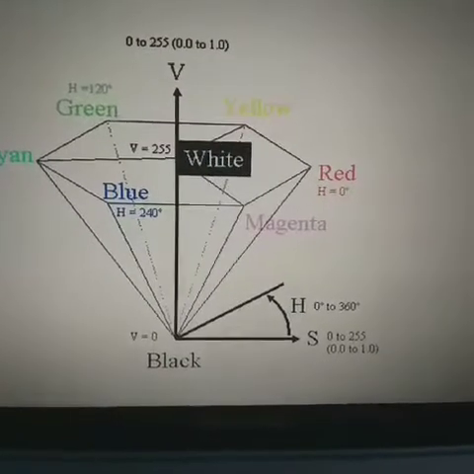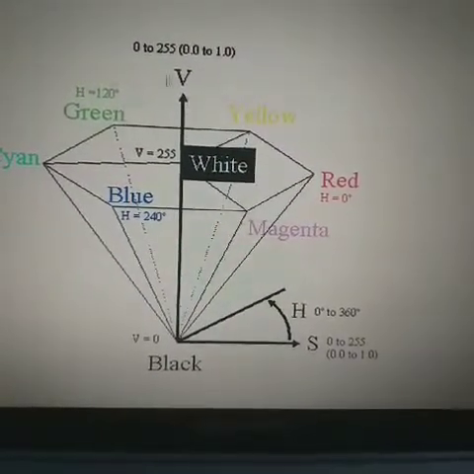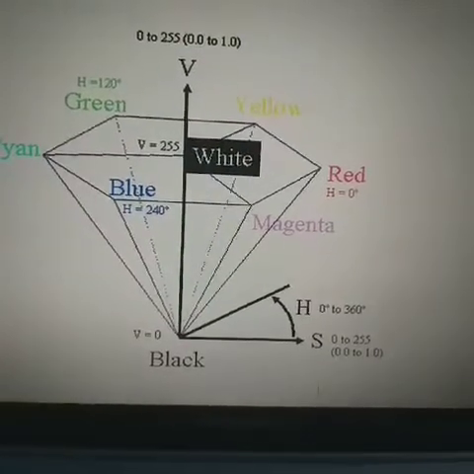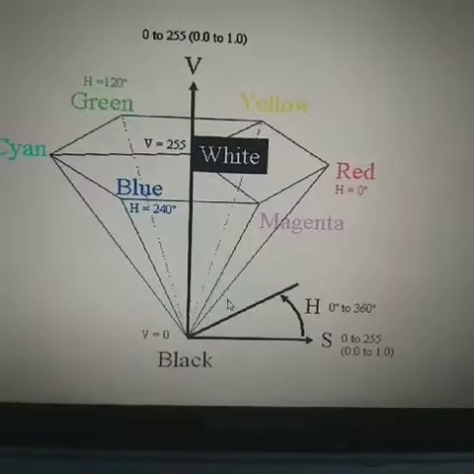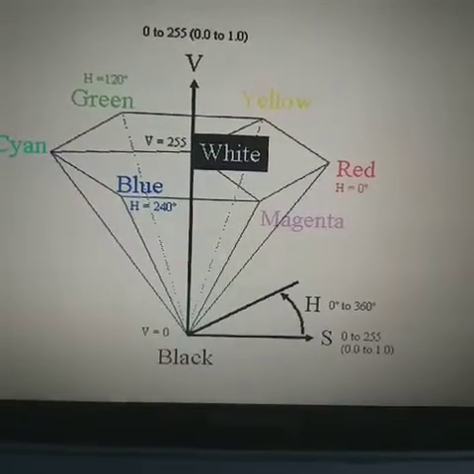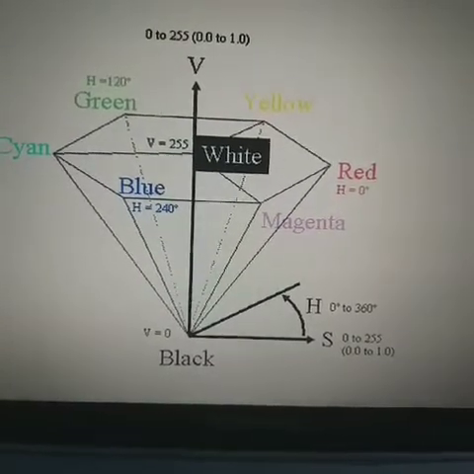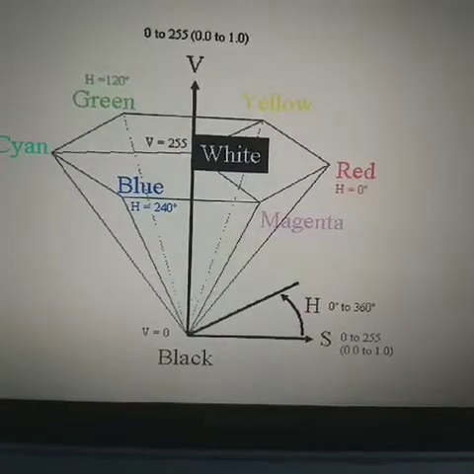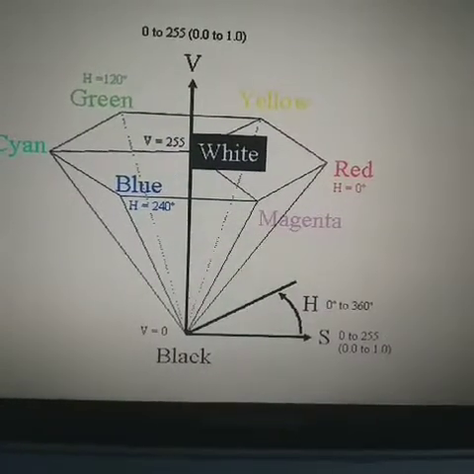If we compare these three values, hue, saturation and value, they are independent of each other. Depending upon the hue angle, we get a different color. Depending upon the value of V, we get a different color.